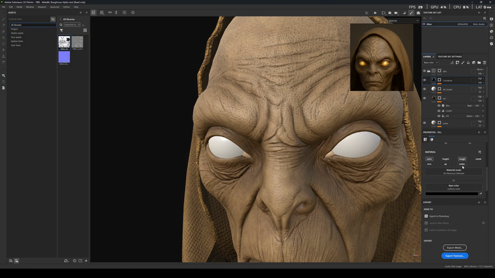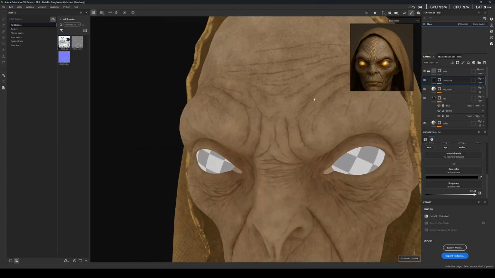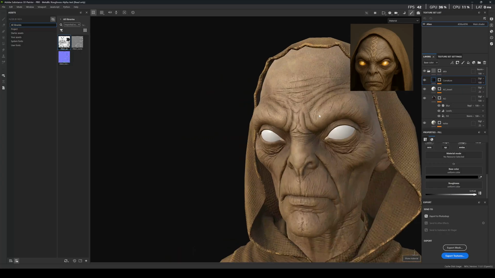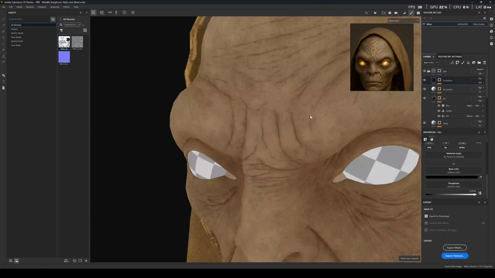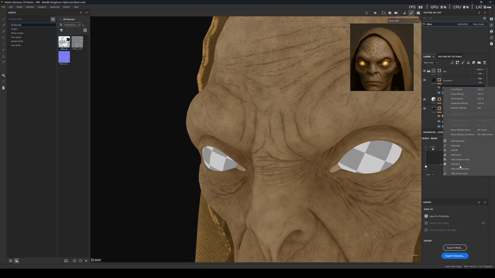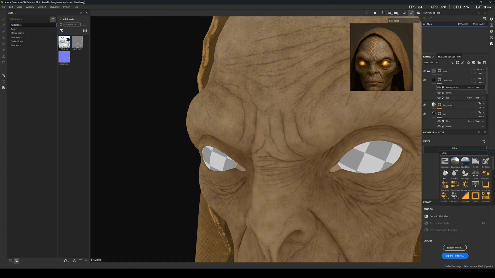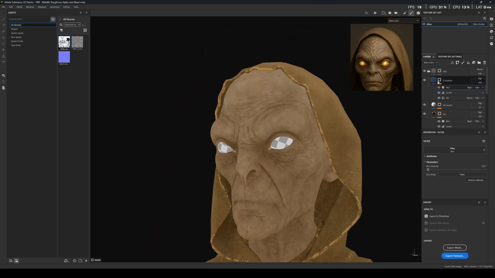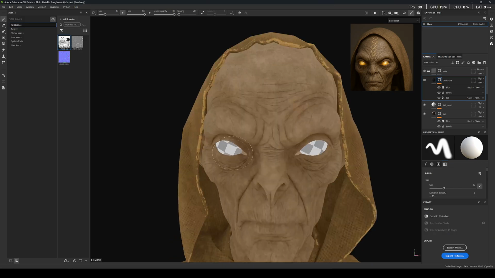Let's turn on the roughness here and put it on very low. And maybe we can add a little blur here. Let's see, maybe something like this. Cool. And also I think that we can create